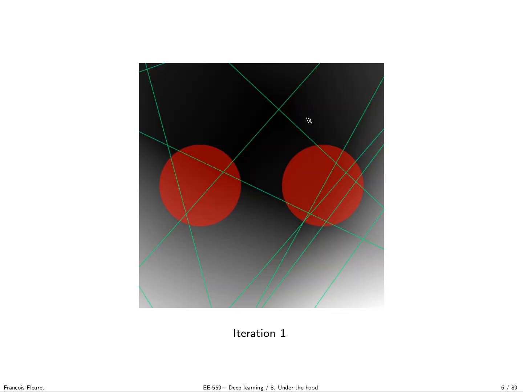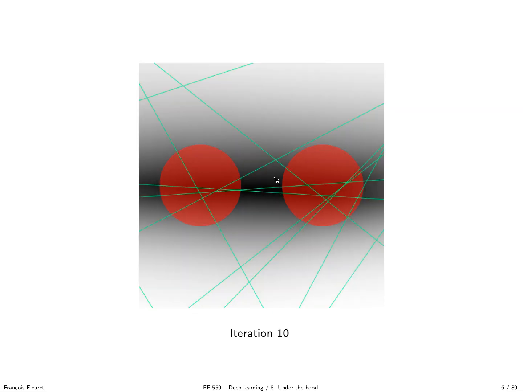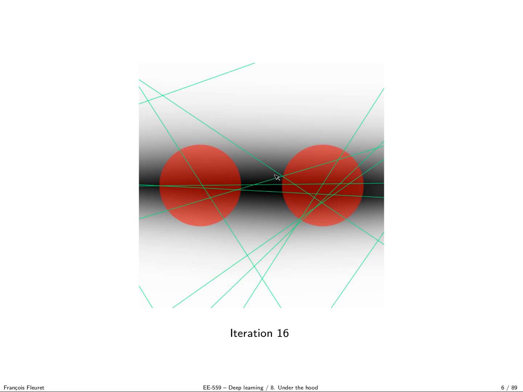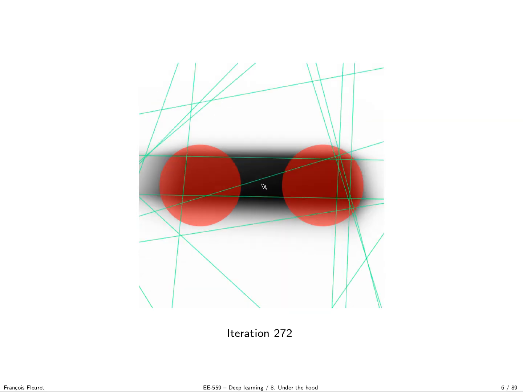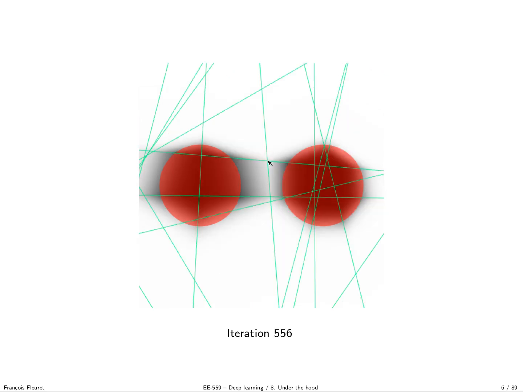A more complicated case is this problem where now the ground truth is positive in the disk and negative outside. Again we do the training and look at the location of the hyperplanes, and we see that the hidden units are arranging themselves to do the classification. Here there is a problem: one of the units should move so that it could separate the two populations. As long as that is not the case, we are not able to classify properly in the middle. But suddenly, at this iteration, this unit moved, and now is able to separate the two properly.